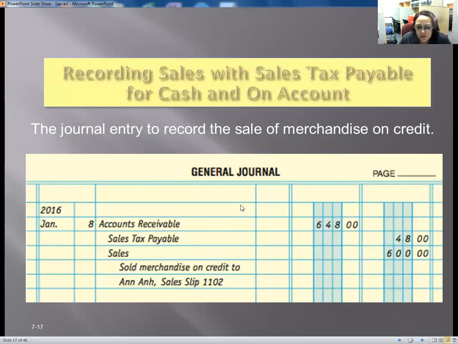And now here they've got a sales slip 1102. And I'm going to tell you right now, whether you're working with a credit account or a cash account, regardless, you need to have a numbered slip. The IRS doesn't care if it's cash or credit. They want a numbered slip showing proof that you received some kind of income from somebody. Otherwise, they're going to think you inflated your sales to try to make your books look better. So always, even if it's a cash receipt, have a slip. That is imperative.